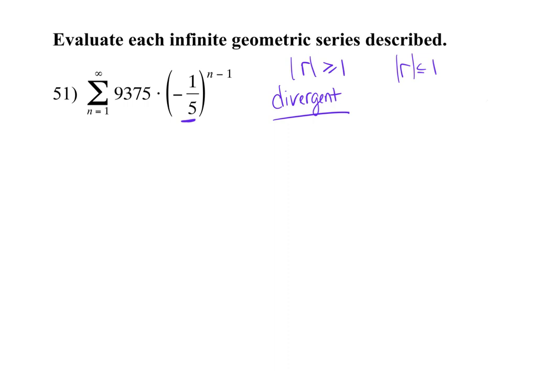So this one I can do because 1/5 absolute value is less than 1. So I would just say my first term, 93/75 is my first term, over 1 minus my R, which is negative 1/5, right? So this is going to be a really big fraction, or you can, I don't care if it's a decimal because this works out to a nice decimal as well, but